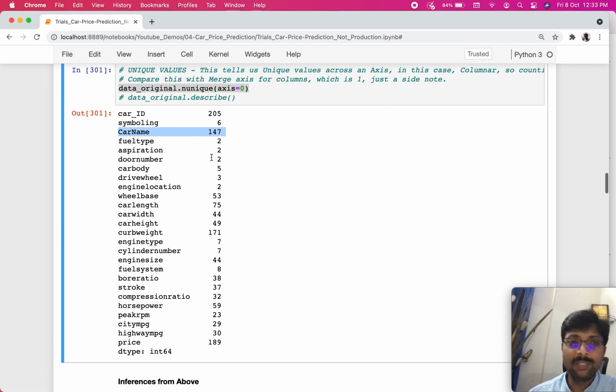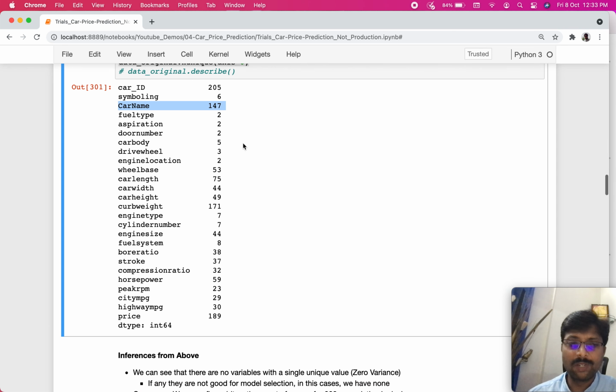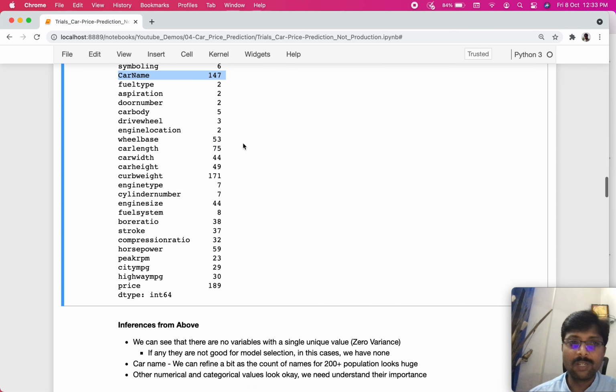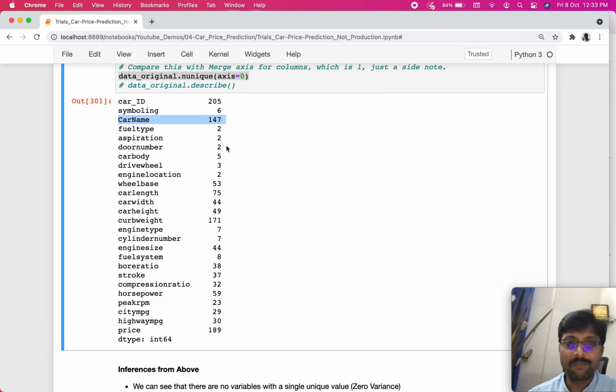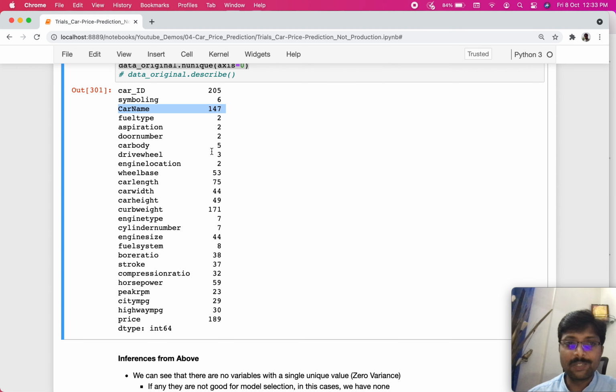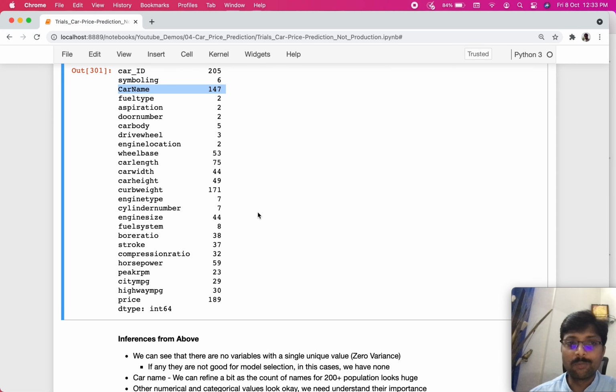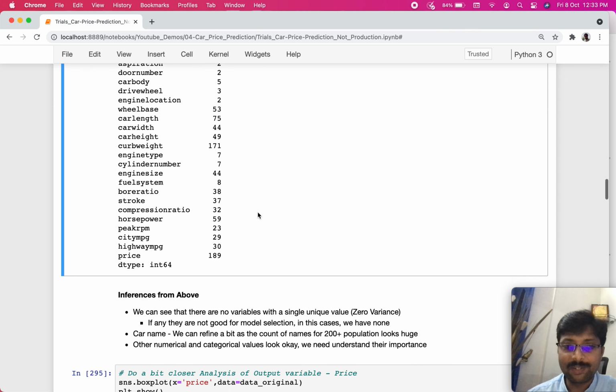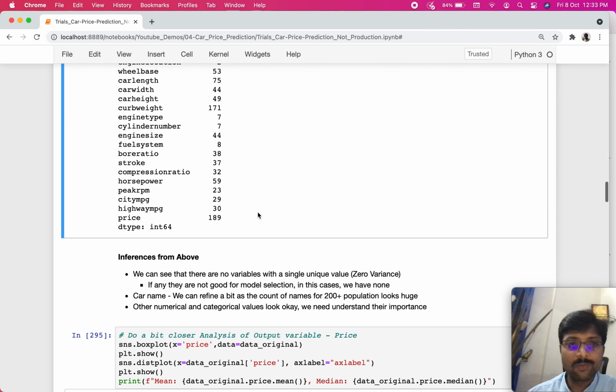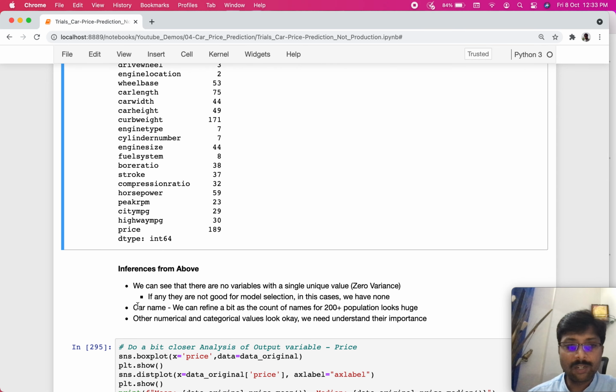So we will be treating this variable to restrict the number of occurrences of it to just the make of the car, right? So we will use that inference below to do something called feature engineering to remove this field, but only include the make of the car, right? With the assumption that other parameters anyway will explain what the model is, right? We're not trying to predict the model, but the other parameters will have the variability to determine that it's a different flavor within the make and things like that, right? So this is one of the inferences that we have, particularly in car name, that we need to treat.